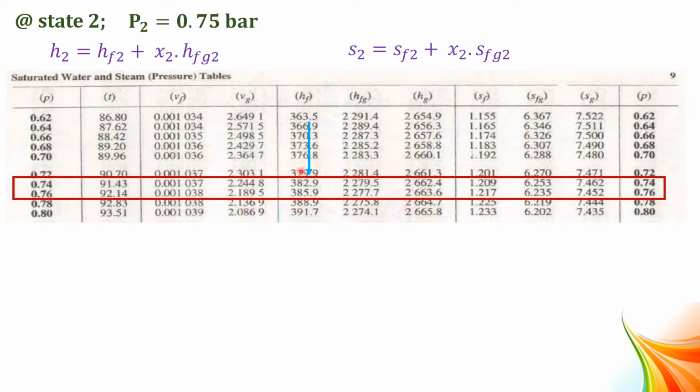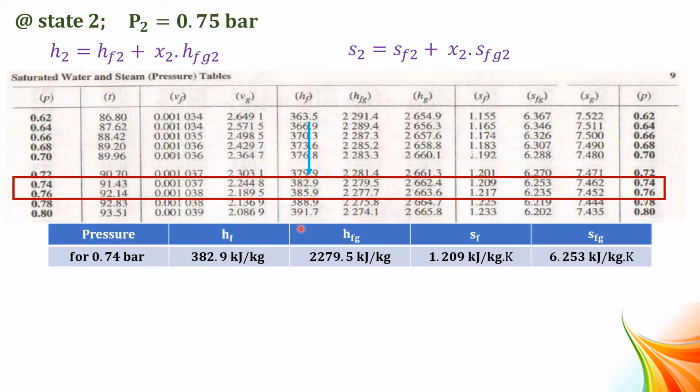So here the HF value corresponding to 0.74 bar is 382.9 kilojoule per kilogram and HFG is 2279.5 kilojoule per kilogram and SF equal to 1.209 kilojoule per kilogram Kelvin and SFG is 6.253 kilojoule per kilogram